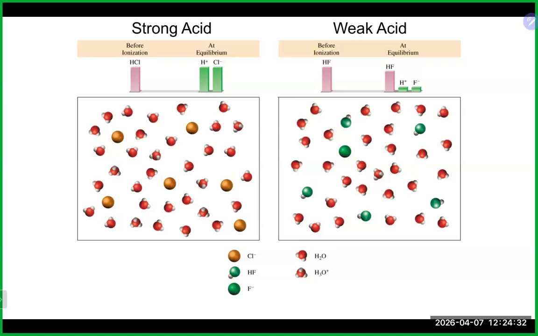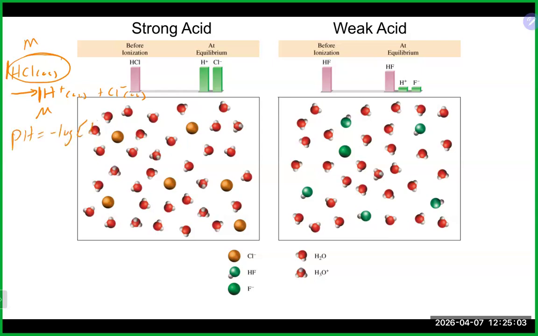If it is a strong acid, because it's a strong electrolyte like HCl, hydrochloric acid is going to break apart 100% into H plus and Cl minus. And if we know the concentration of the whole thing, in this case it is a 1-to-1 relationship between the whole thing and the H plus, which means we actually do know the H plus concentration, and we could go right into our pH